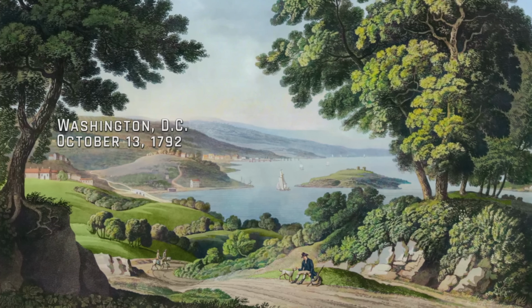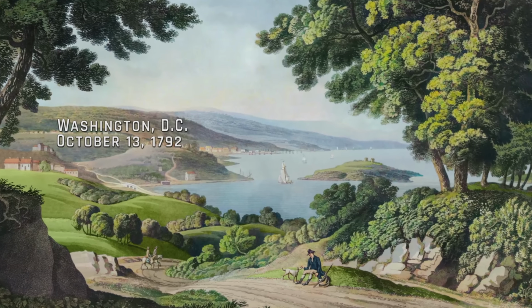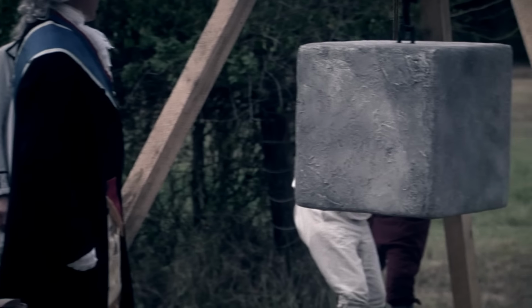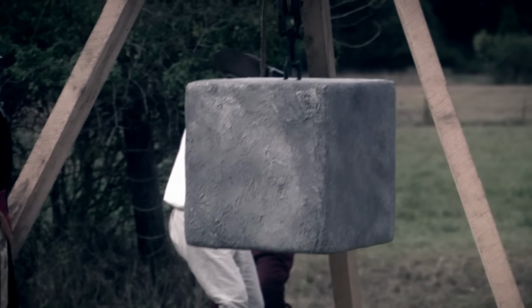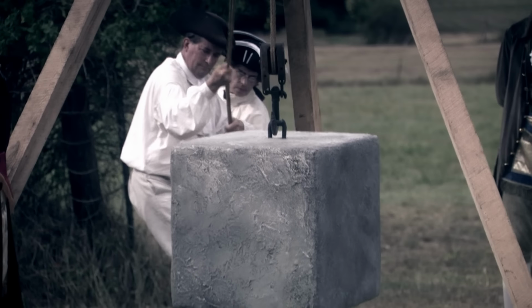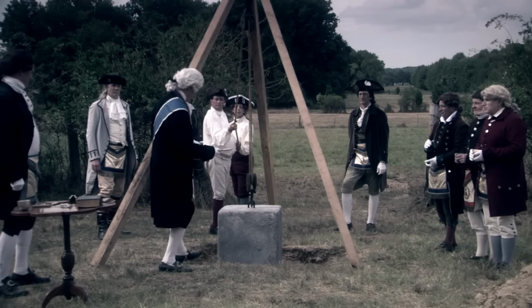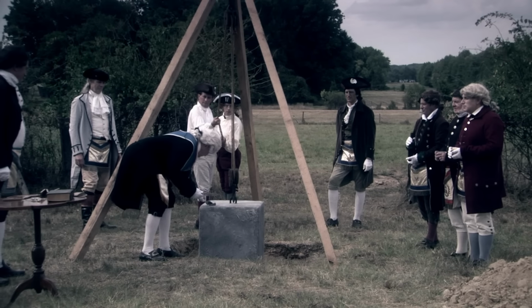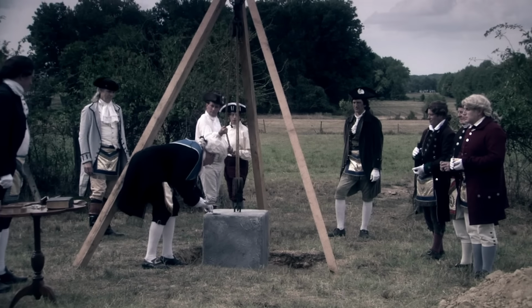Washington, D.C., October 13th, 1792. Lower the stone! A group of Freemasons perform a sacred ceremony in which they lay the first stone used in the construction of the White House. The large stone is intended to be the foundation of the southeast corner of the building and is referred to